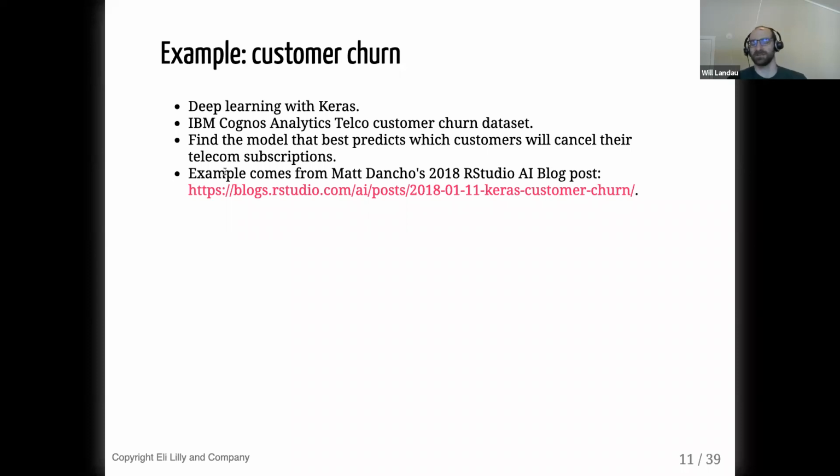this example reflects that. So this is an example from Matt Dancho. He wrote in a 2018 RStudio AI blog post, when Keras in R specifically was new. Highly recommend checking it out. It's incredibly informative for people like me who were new to deep learning at the time and still new,